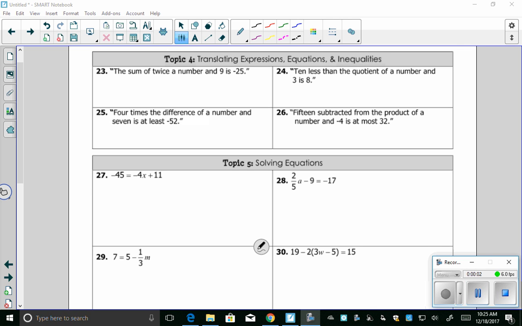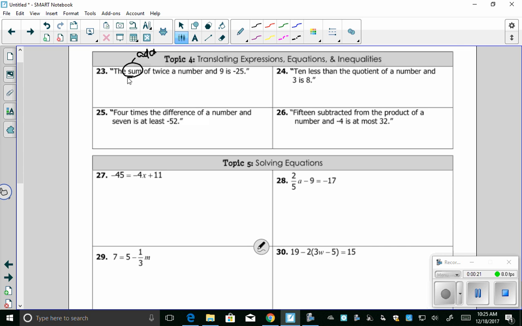This next video that we're going to discuss is topics 4 and 5, translating expressions, equations, and inequalities, and solving equations. So number 23 says that the sum